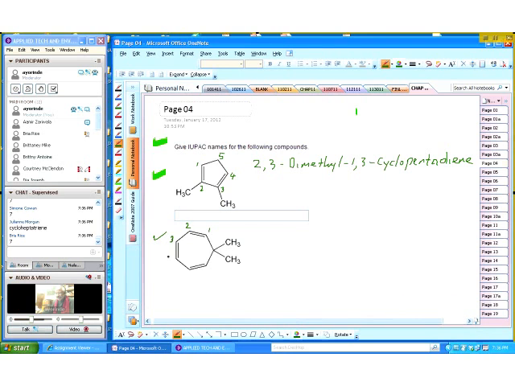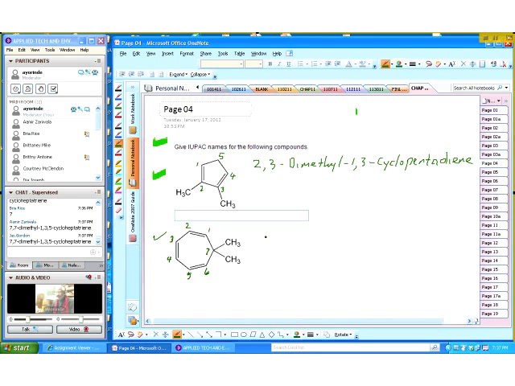1, 2, 3, 4, 5, 6, and 7. Keep in mind you number so that you give the carbons of the carbon-carbon double bonds the lowest combination of numbers. So what will be the name for this? What will be the base name? Since we have 7 carbons. Okay, you guys are giving me the full name. So the full name is